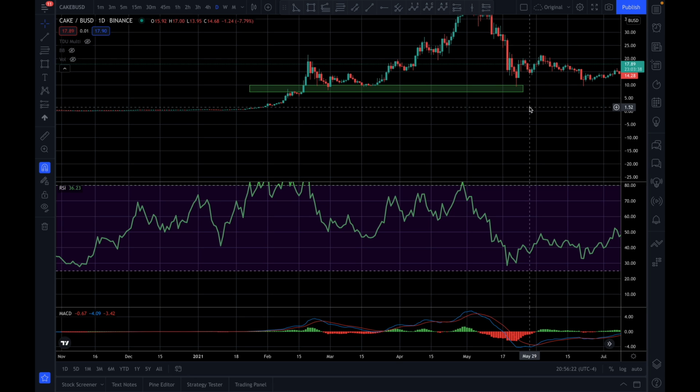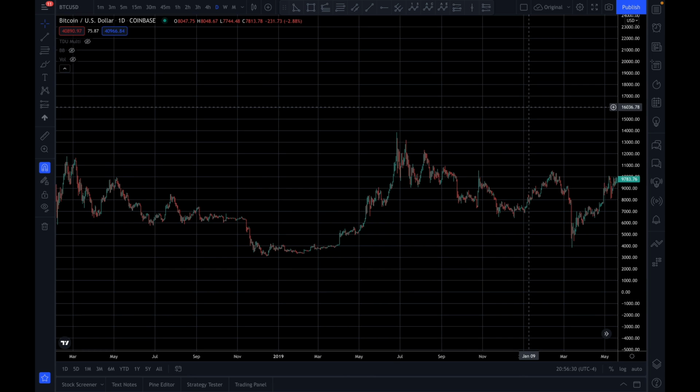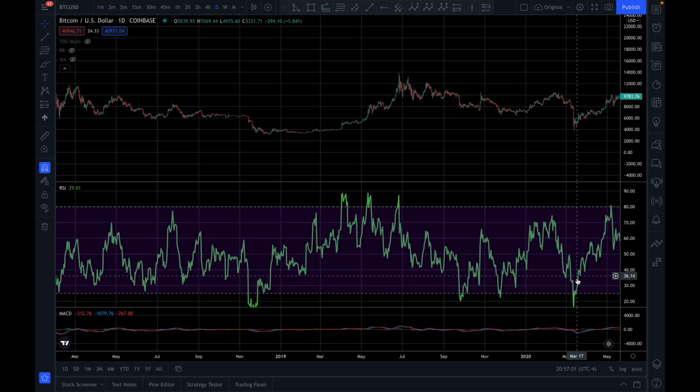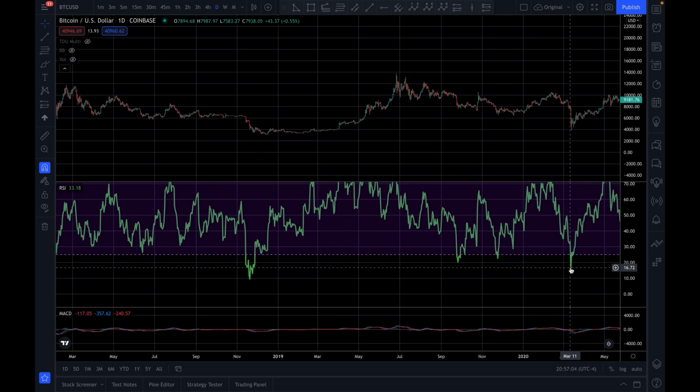Now here is another one, and it's on Bitcoin when it pretty much crashed over here back in March of 2020, and the price went down to the low 4,000s. So I'll give you my logic over here. When Bitcoin was in a free fall, I was buying this dip because I saw that it was massively oversold on the RSI right over here, on the daily, and my logic